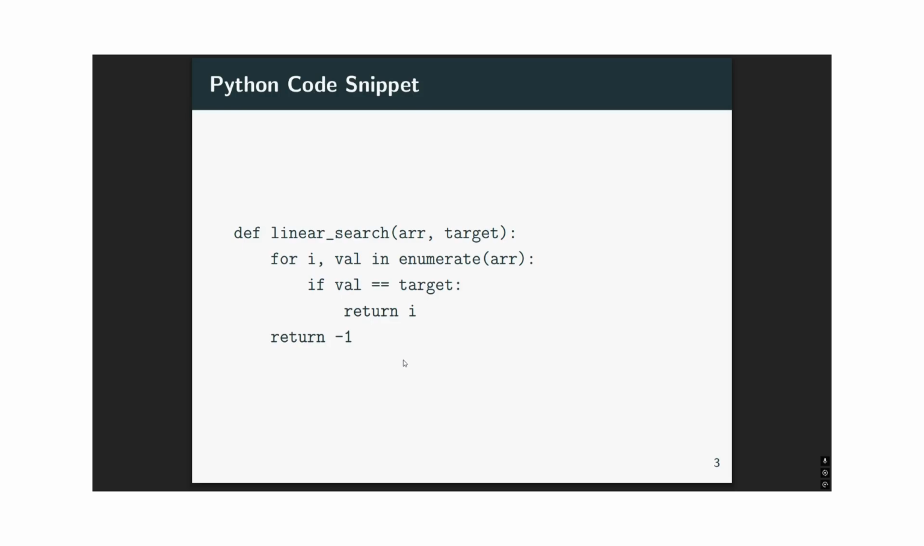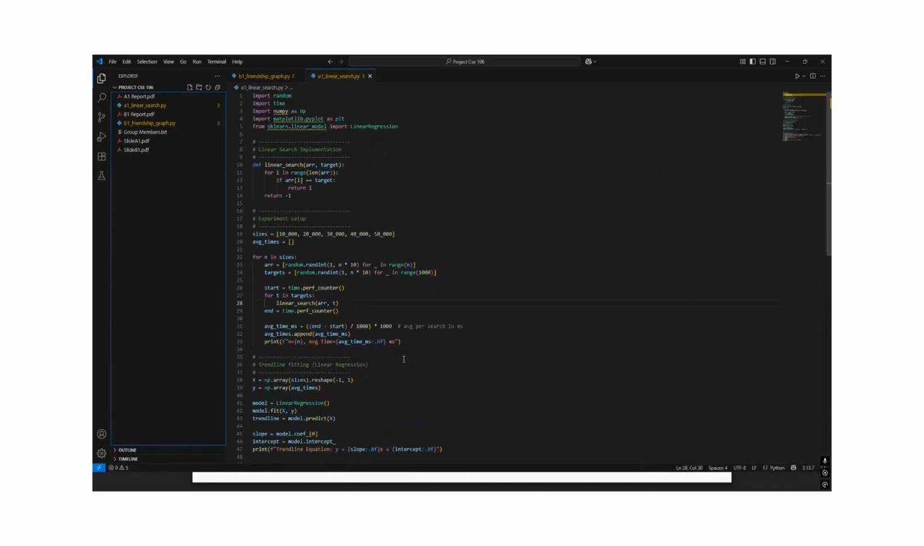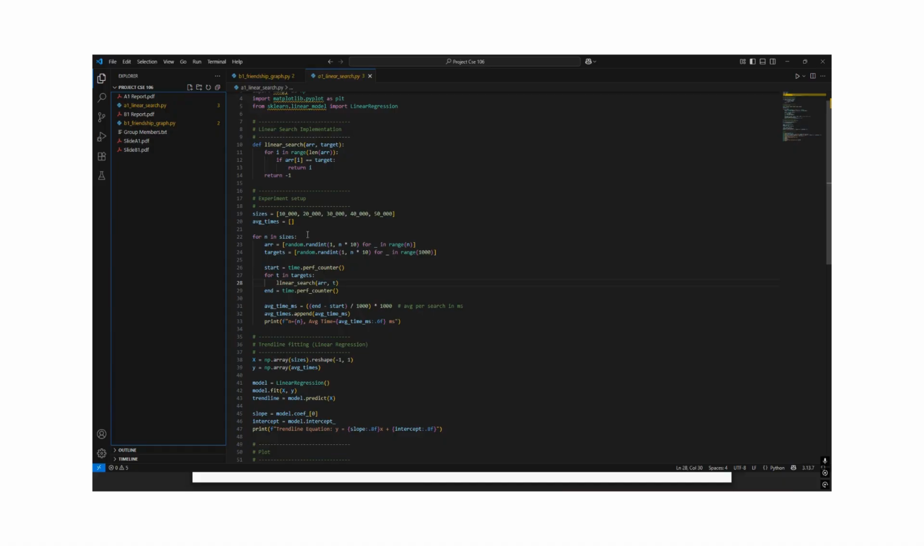So, Python code snippet. This is our code. First, we used a main loop to iterate over each array size we want to test. For each size n, it generates a random list of n integers, and then it creates a list of 1,000 random target values to search for. Then it starts a high precision timer. After that, it performs all the 1,000 searches by calling the linear search